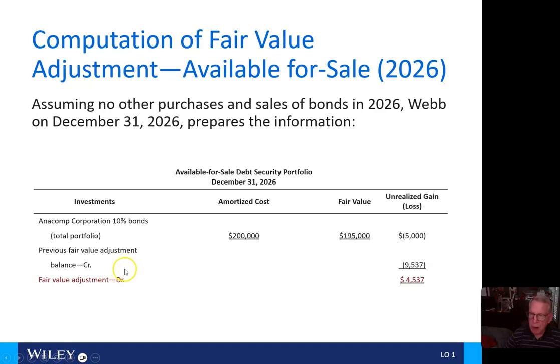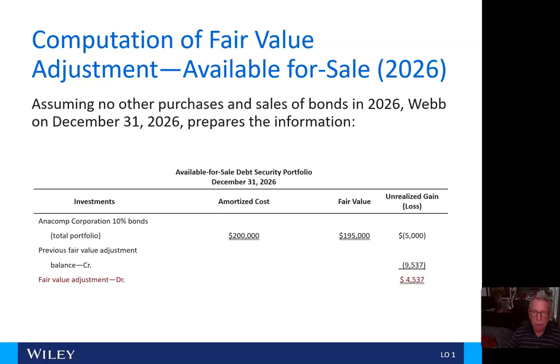The previous fair value adjustment, which we just did, was the $9,537 loss. So for the fair value adjustment here, we need to take the difference between the $5,000 and the $9,537, which is $4,537, and make a fair value adjustment